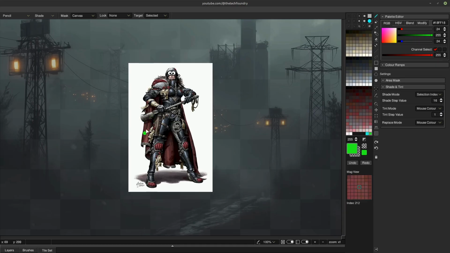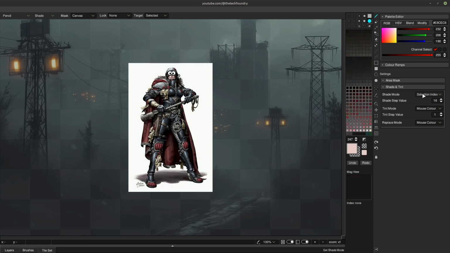Which they are doing, it's just difficult to see. Just make sure I selected them. There we go. Very subtle, but you can see it. But what I can also do is